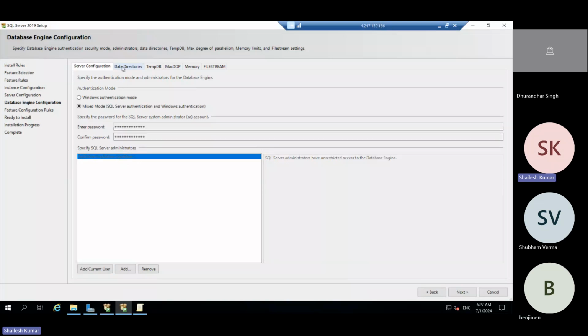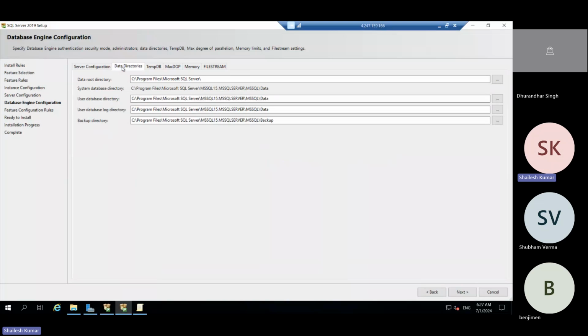Then we have the data directory. The best practice is to decide where you are going to keep the user database data files, log files, and the backup directory. We should keep all three in different locations, like D for data, L for log, R for recovery or backup, M for MSDTC, Q for quorum disk, and T for TempDB.